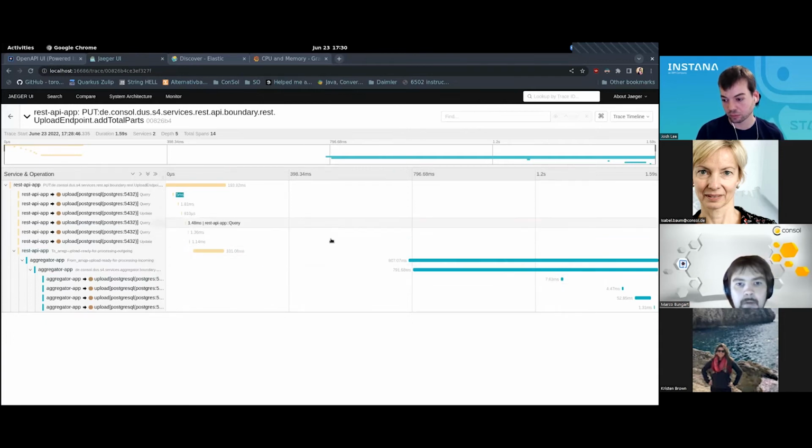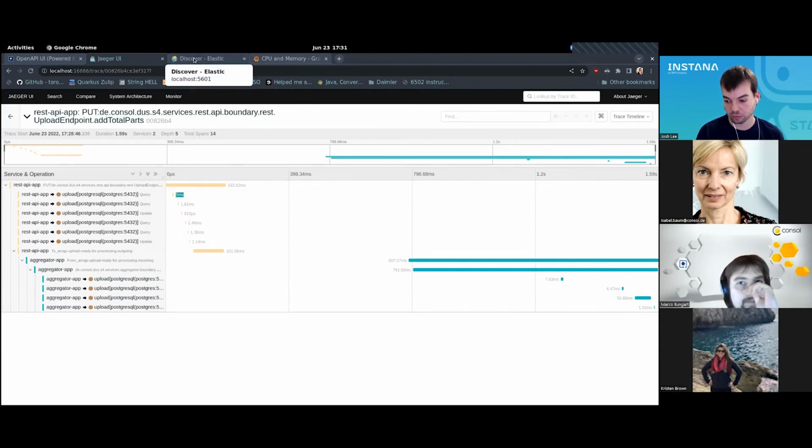Yeah, we see it in the graph right here perfectly fine, since here is a break. Here, the message was received by the aggregator service and it started working. And on this side, we also see, oh, look here, here's a database query, here's a query, here's an update, and here's another update. So we are able to see the whole request with its trace information.